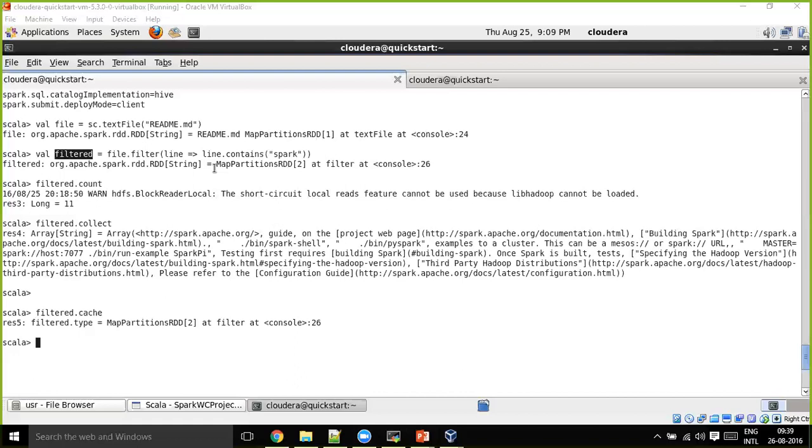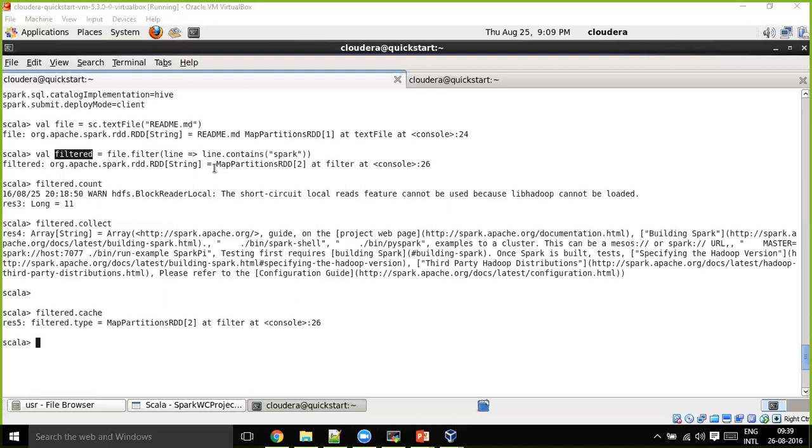See, RDDs within functions, treat them like any other variables declared in your Scala program. The scope of variables within the function or outside of the function remains the same. Scope related to functions will not change. Same as any regular variables that you declare in your Scala program. Is that clear? Yeah, Shiva, I got it.